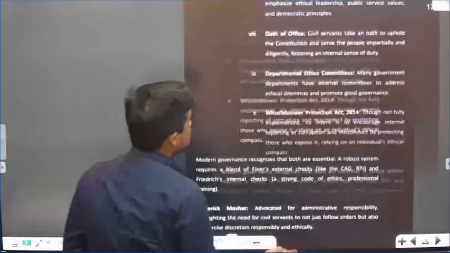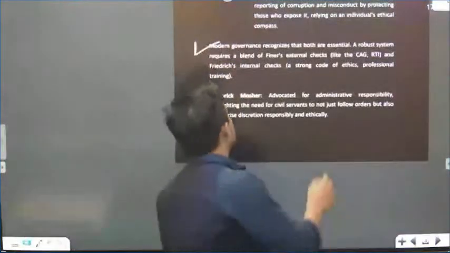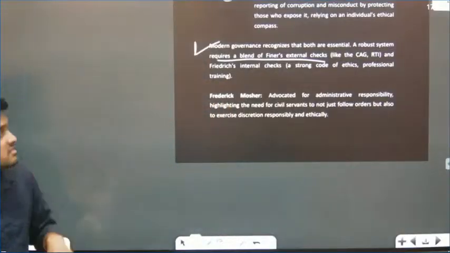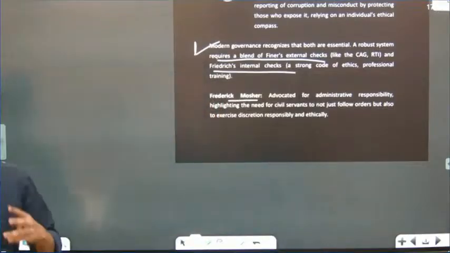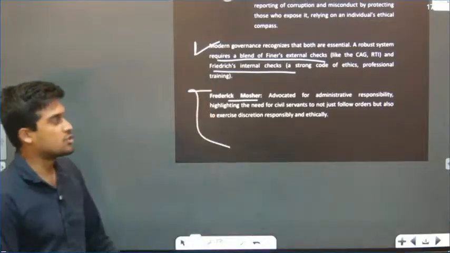Modern governance recognizes both are essential. A robust system requires a blend of Finer's external checks and Friedrich's internal checks. That means both are very much required in the present day. Friedrich and Mosher are saying